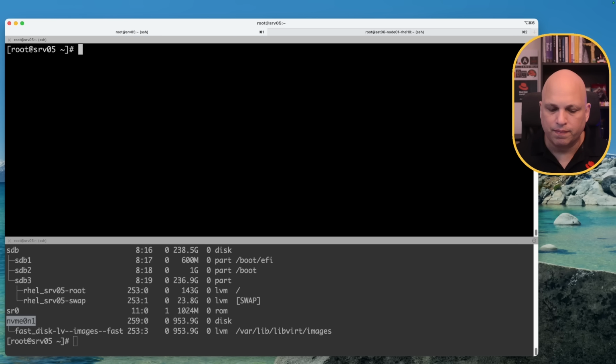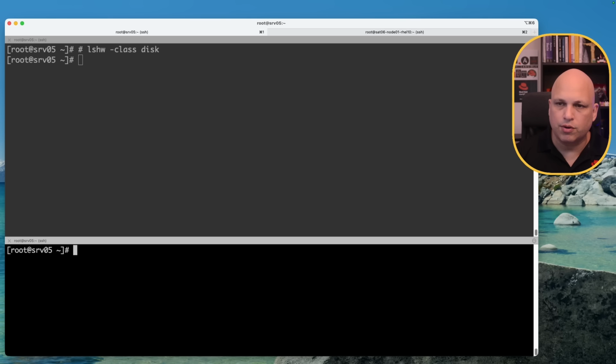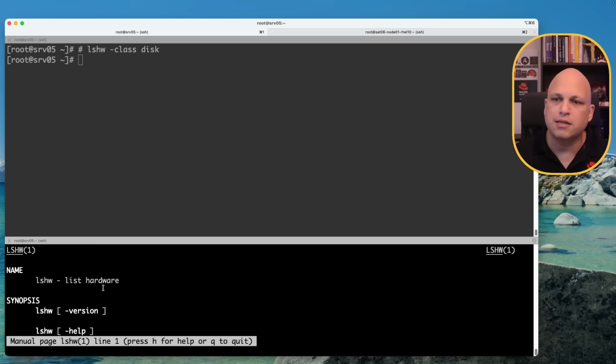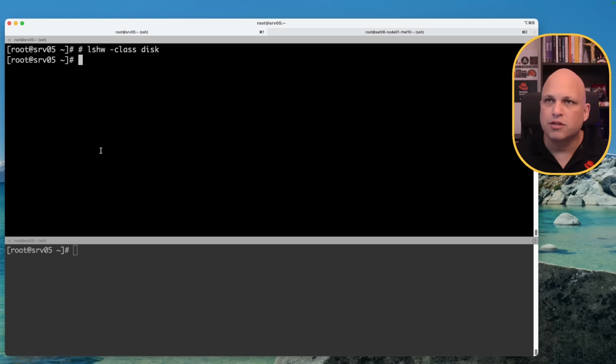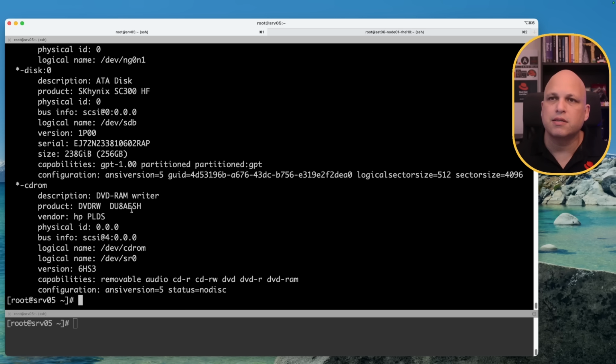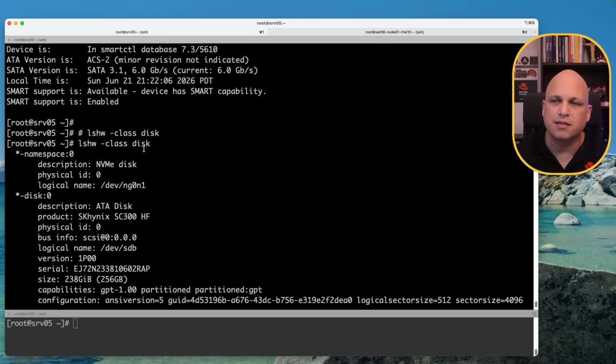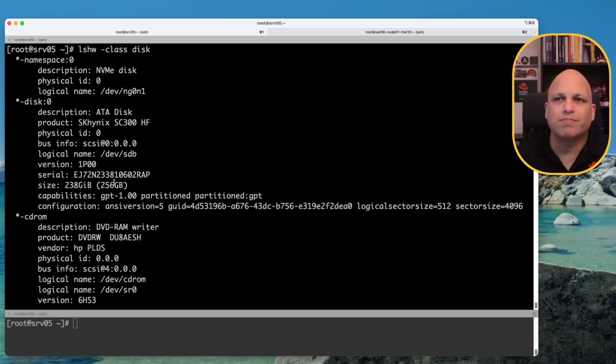And finally, we have this little guy. If you're not familiar with this, it's lshw, and we can do man lshw, list hardware. There are a lot of things that we can do here, and we can see also where this is coming from: rpm -qf lshw. So let's take a look here. I was looking for this, and then we can see some class, passing the class disk, and I was not seeing the